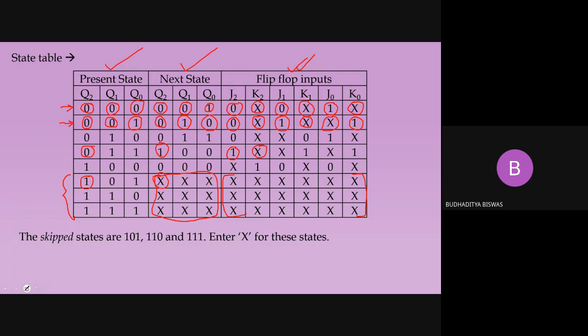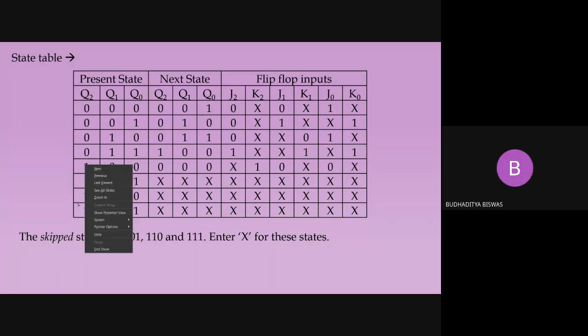So you see how it is filled up, how the state table is filled up. Got it? Yes, sir. Take any value. Suppose the last time I am taking this value. This is the Q0 equal to 1 here, and Q0 equal to 0 here. So that means this is a 1 to 0 transition. And for 1 to 0 transition, we know that the J input should be don't care. So that's why the J input should be don't care, and K input should be 1. Okay. So in this way, one by one, you need to fill it up.